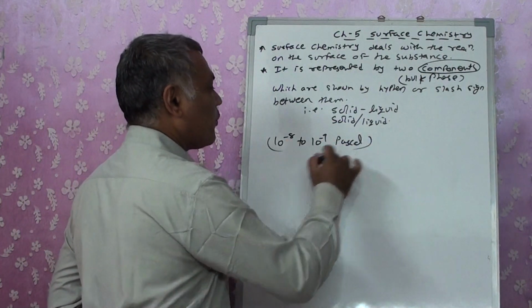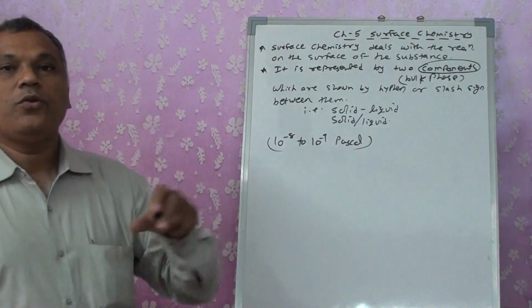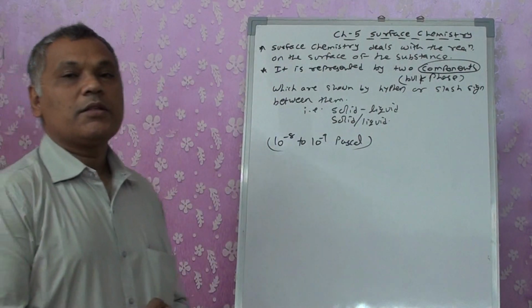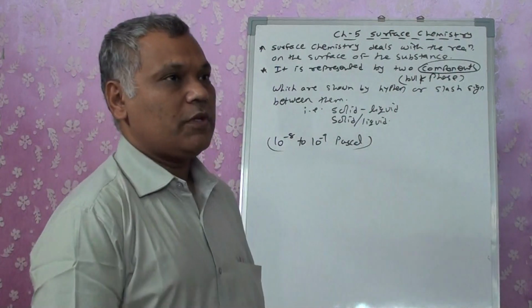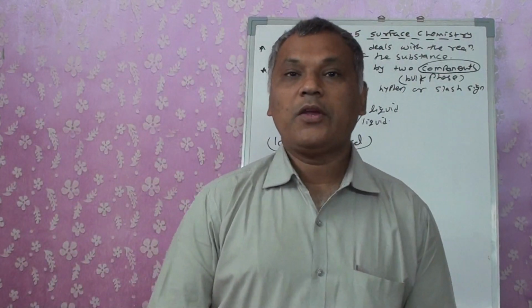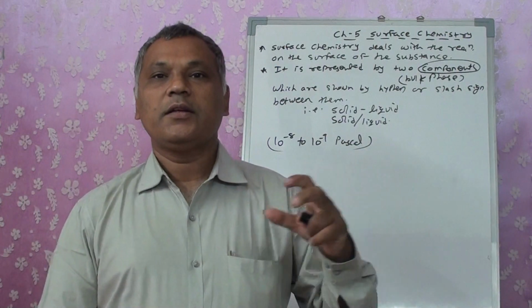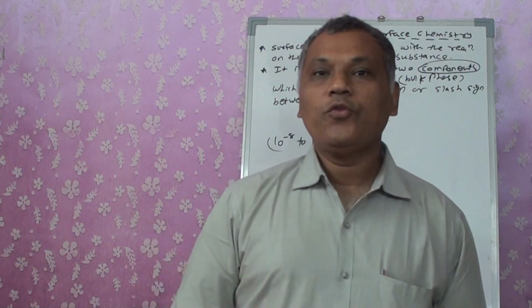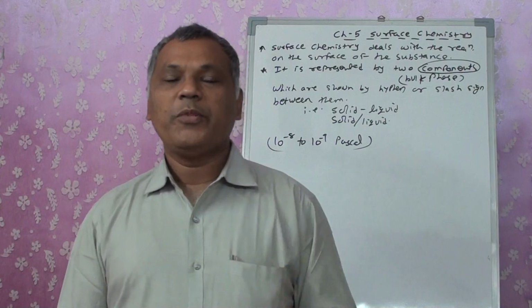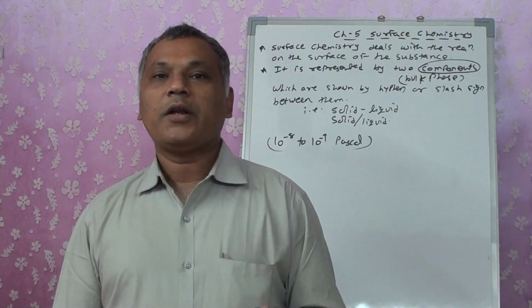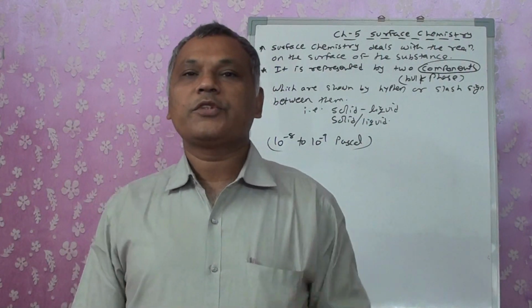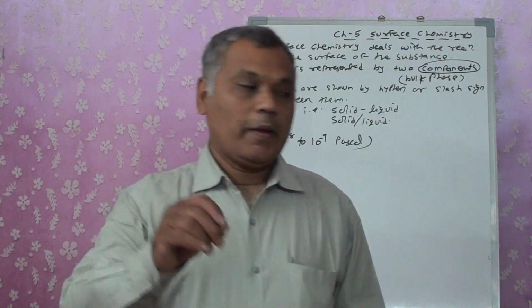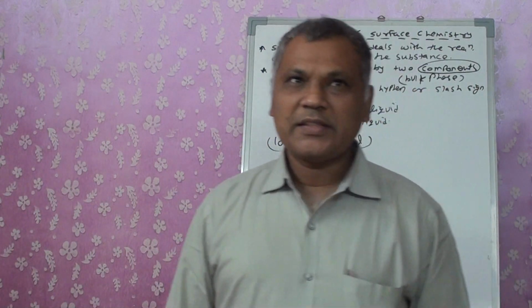This is the amount of pressure that should be applied onto the surface, in a vacuum. So whatever things are there, they are removed from the surface. Everything is removed from the surface. As a result, what will happen? Small pores or big pores, depending upon the particles that have been removed from it, can be created, right?